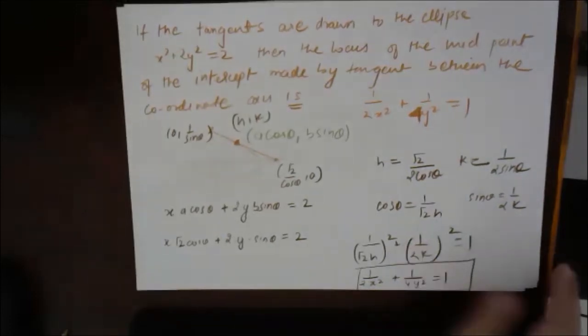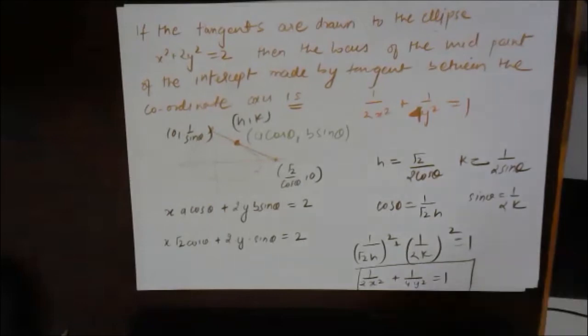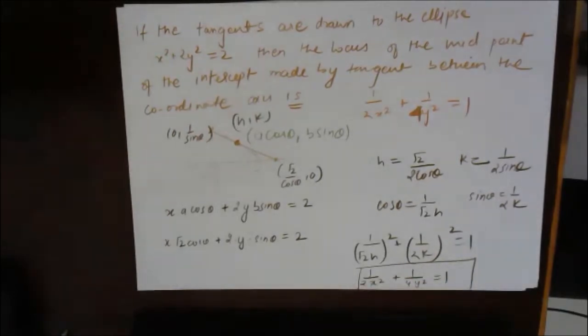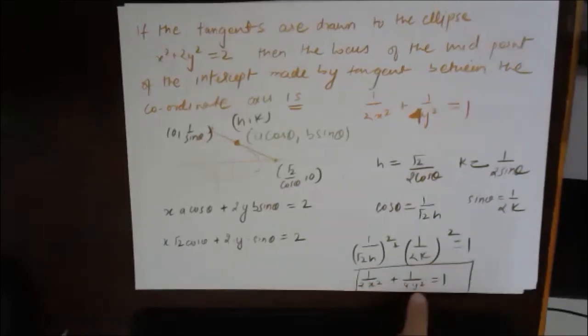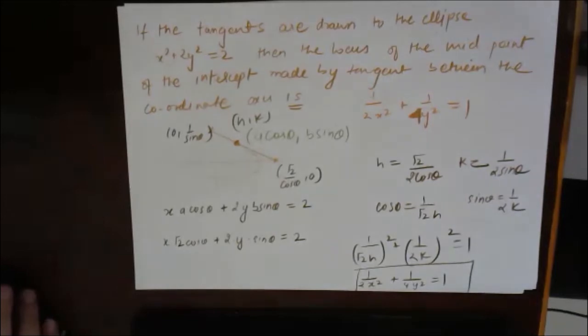Okay, fine. Sir, should we not take 2 to the left hand side? Yes, we have taken 2 now. We can take it, it's completely fine. You can take 2 on the left hand side, it's not a problem. This is just the answer they have given in this one, so that is why I'm keeping it in this form. You can also write 1 by x square plus 1 by 2y square is equals to 2. It's perfectly fine, it won't get different.